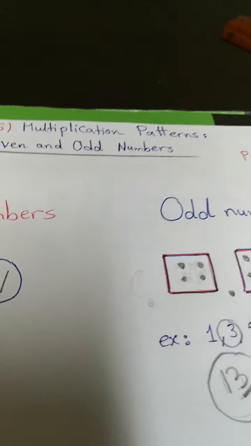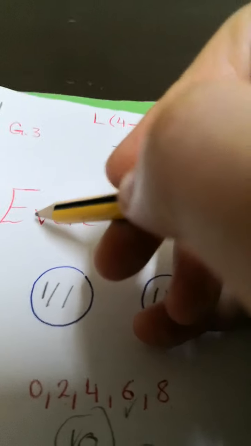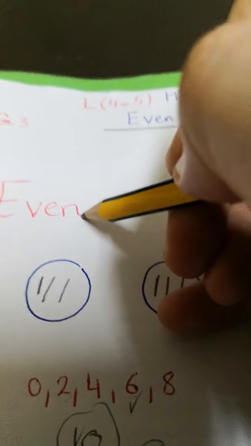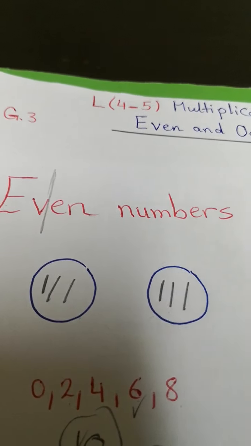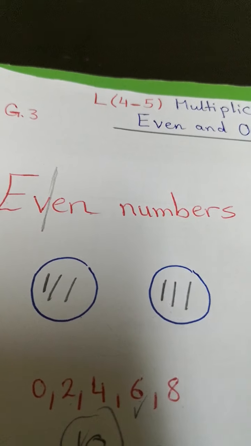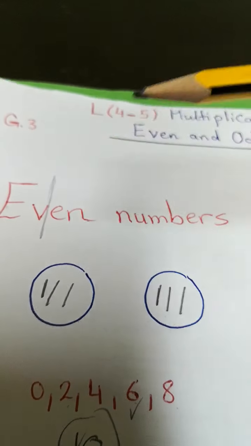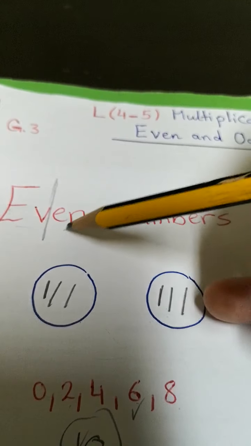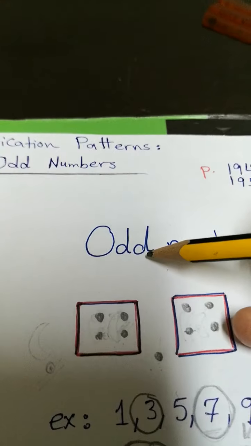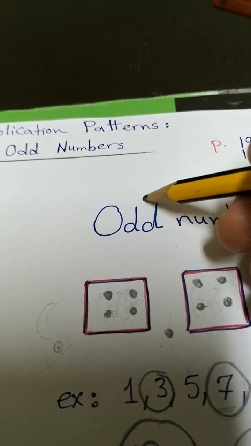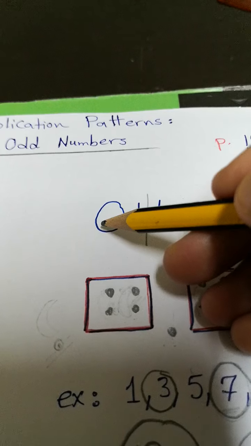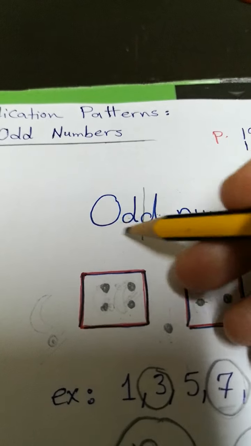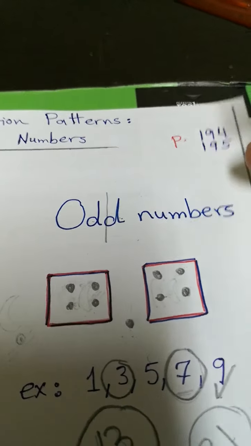I have a trick for odd or even. Even, here you have 4 letters. Yes or no? You can divide it between 2 groups. So an even number, I can divide it between 2 groups equally. Like E, yes or no? Here 2 letters and here 2 letters. But an odd number, look at odd. I have D and D, and I have O extra or left over. So I can't divide it. Easy, girls? I think it's easy.